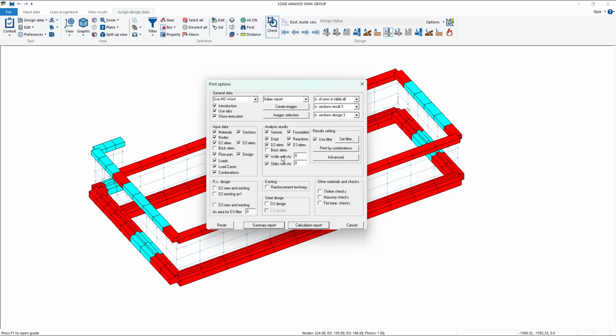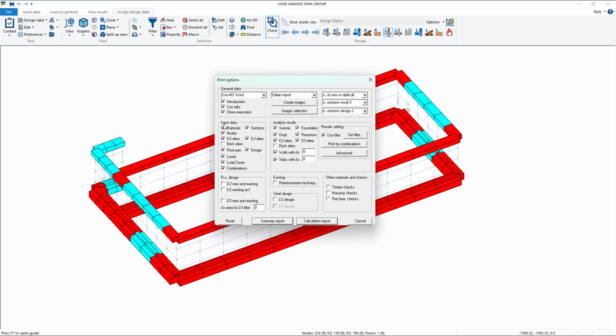Even there, I suggest you try them, then go watch the report that you obtain and see if it's good for you, if you prefer to exclude some parts, etc., because it's quite variable here.